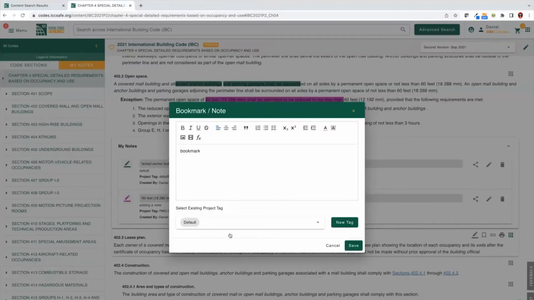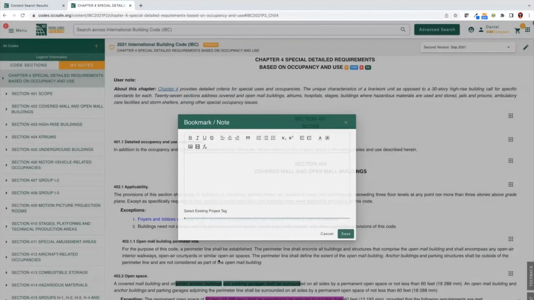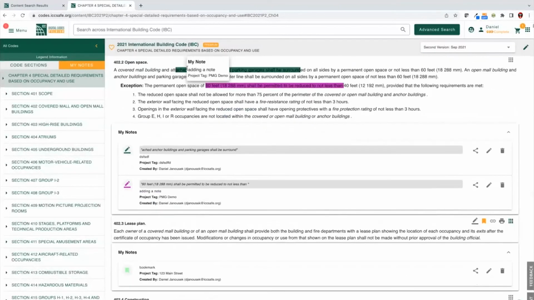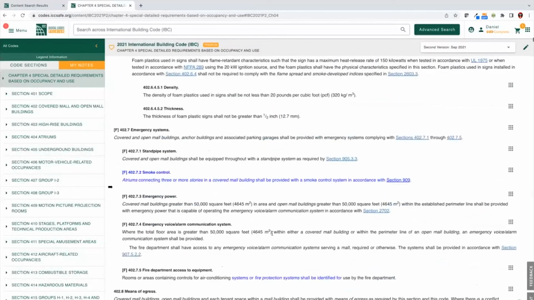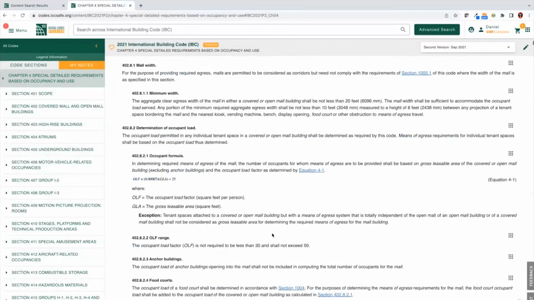Go ahead, I'll add that here. And so we can see where a highlight actually applies a color-coded text to the section itself. The bookmark appears in line, but it would apply to the entire section. As we scroll down a little bit further, one of the key tags that I wanted to identify here,